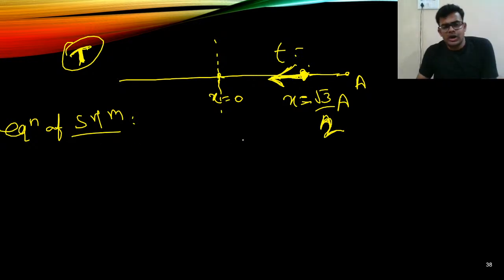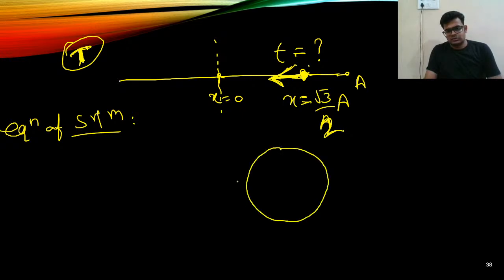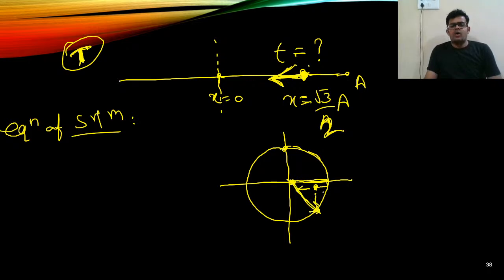Next, what is the time when the particle is at this position? So let us find it. We all know one thing, if I draw a circle, the particle is moving from, let's say, t equals 0. So the particle is moving from here to here and again coming to this point, so the motion is in this direction. Let us take its corresponding position here. So this is the corresponding position. How will I find it? You can see simply,